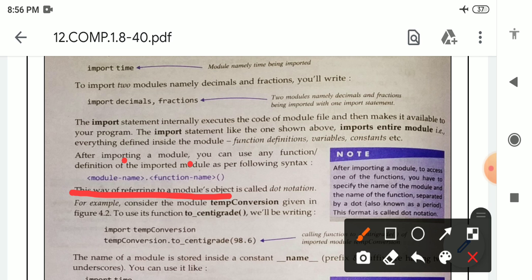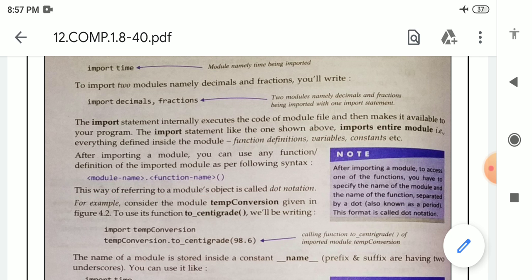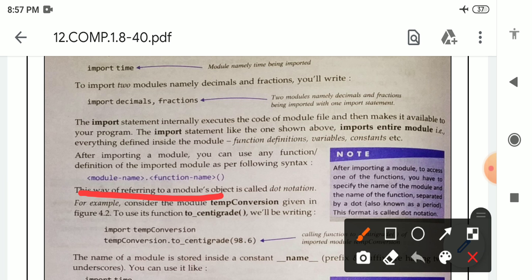So the function which is present inside these modules, we can easily access or use it. This way of referring to a module's object is called dot notation. Why? Because see here, in between the module's name and function name there is a dot. That is why this is known as dot notation.